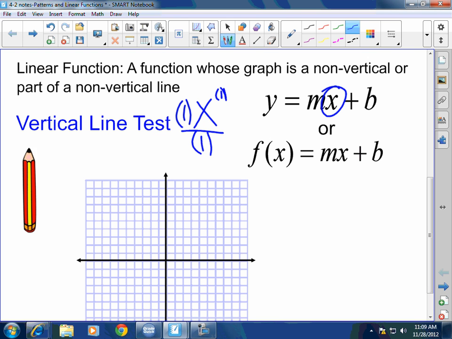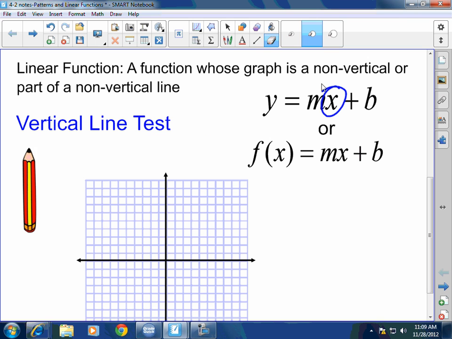How does that work? What's 1 times x? x. What's x divided by 1? What's x to the first power? x. So, that x there that's by itself, right here, I'm going to circle it now in green, that has a power of 1. Whenever you have an equation with an x and a y, an independent and a dependent, and the independent variable has a power of 1, and the dependent variable has a power of 1,